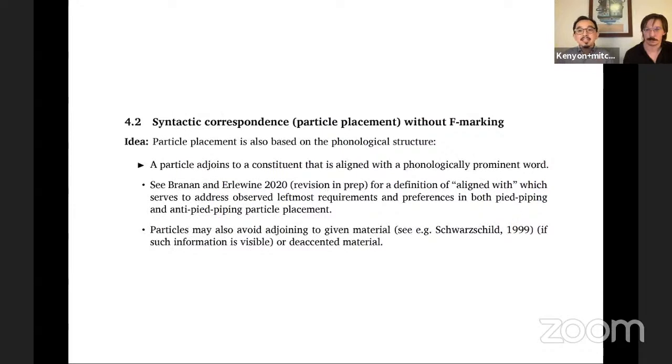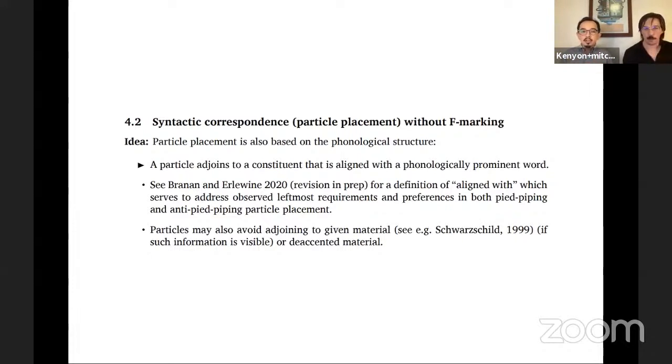Now let's talk about the syntax-semantics or syntax-phonology side correspondences. How do we get specifically particle placement without F marking? The idea here is that we want to try to build this also based on the phonology. So suppose that we start with, again, a sort of metrically annotated or prosodified tree. Now, a particle might adjoin to a particular prosodically prominent position. In particular, one very quick, brief statement might be that a particle adjoins to a constituent that's aligned with a